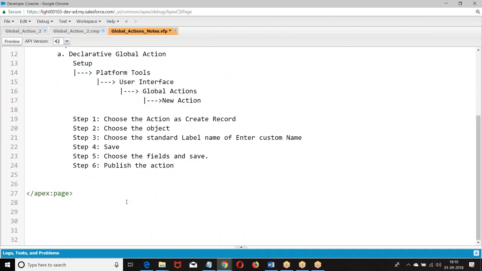When you want to publish the action, go to the navigation again, setup, same story.